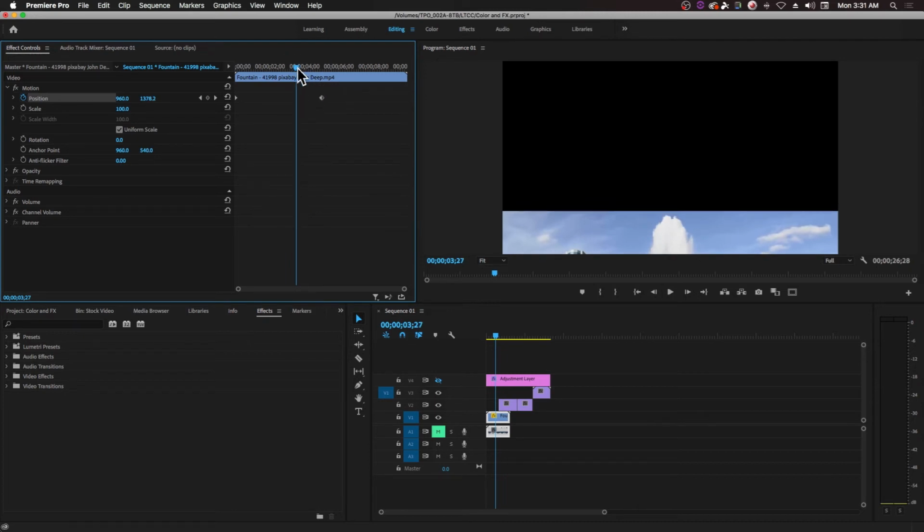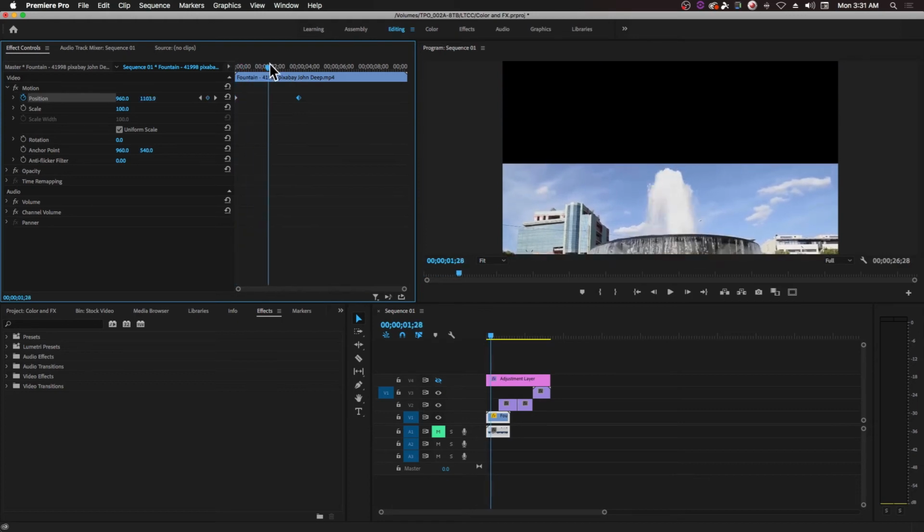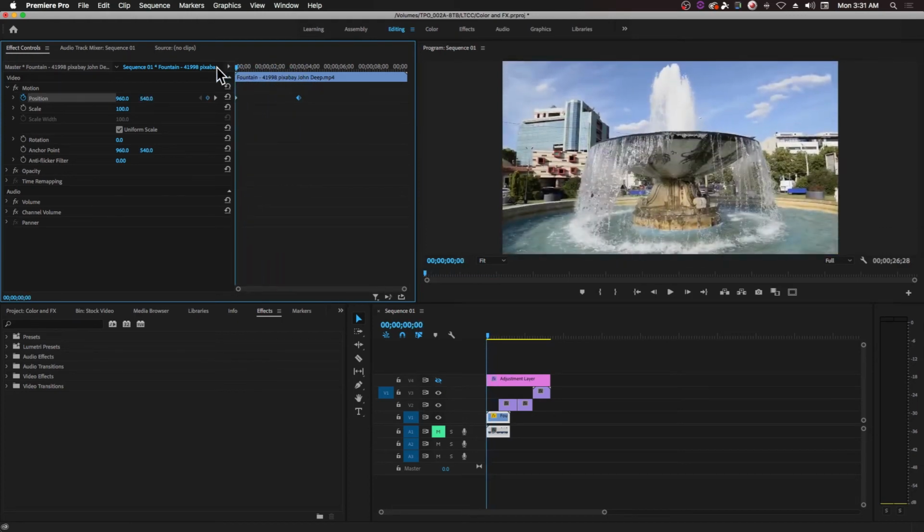So I choose the spot at which I want it to happen by, and then I can just move my keyframe over. And now I have the effect happening over that new duration. Another thing that's handy, I'm going to undo these things. Another thing that is handy about this is that if you click on this top thing here, this motion itself,